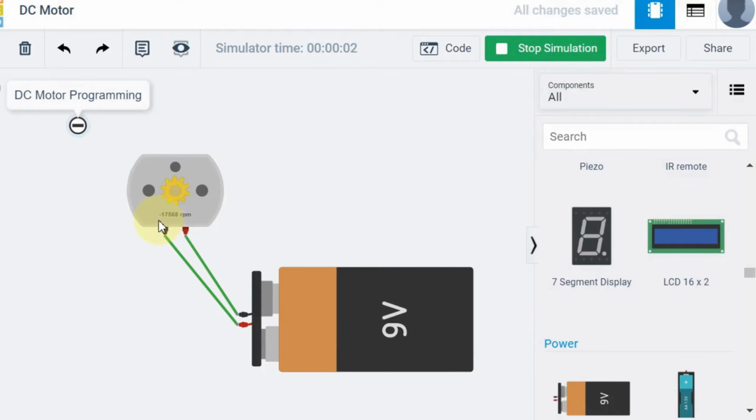The minus symbol indicates it is running in the negative direction, or anti-clockwise. The speed is minus 17,568 RPM. This way we can make the motor run in the clockwise or anti-clockwise direction. Just changing the polarity makes the motor run clockwise or anti-clockwise. So now we understand what supply we need to give to the motor to make it run clockwise or anti-clockwise. With this basic concept, we will see how we can program the DC motor as per our logic